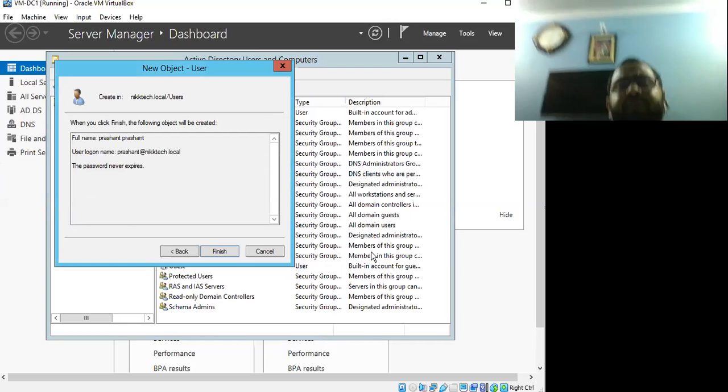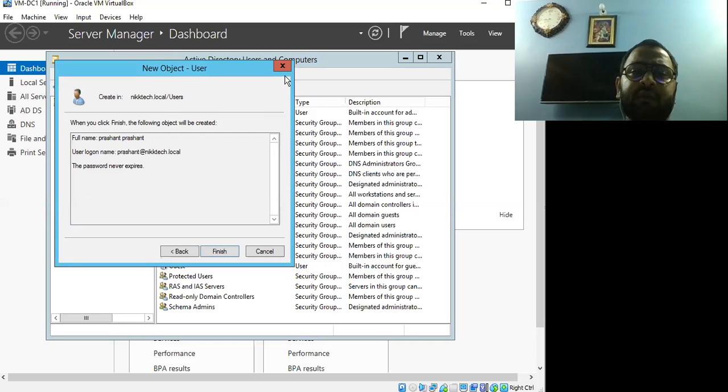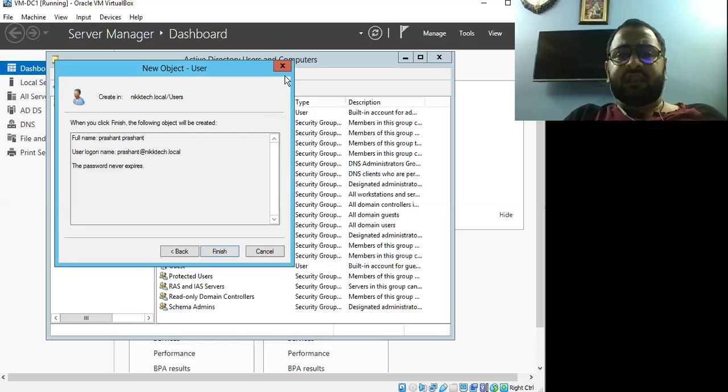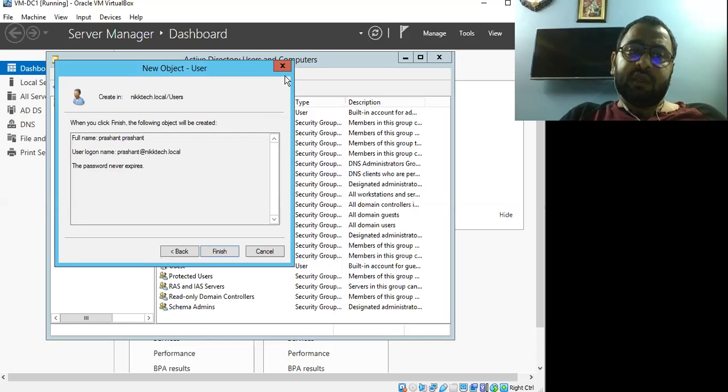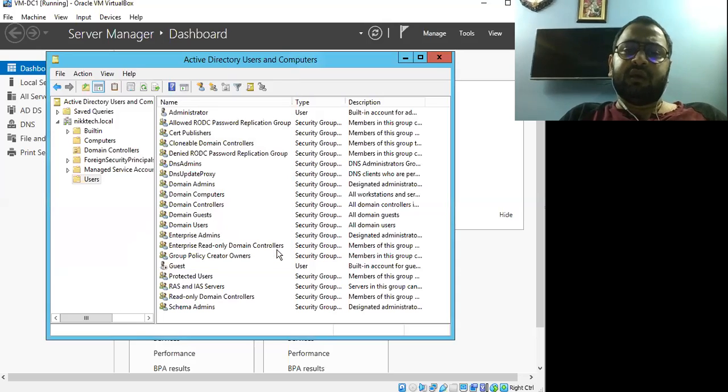So there is some policy which is preventing me from setting the password which I want. That thing also I can change in group policy. I can make the policy according to whatever I want. I'll show you later how you can do that. But in the same way, you can make a user and give the password and everything. You can manage from here.